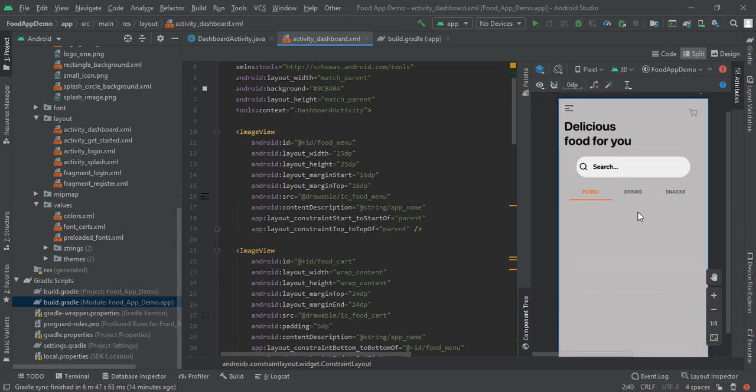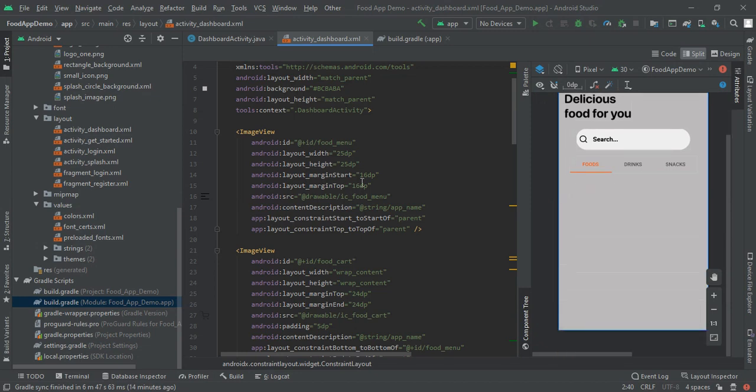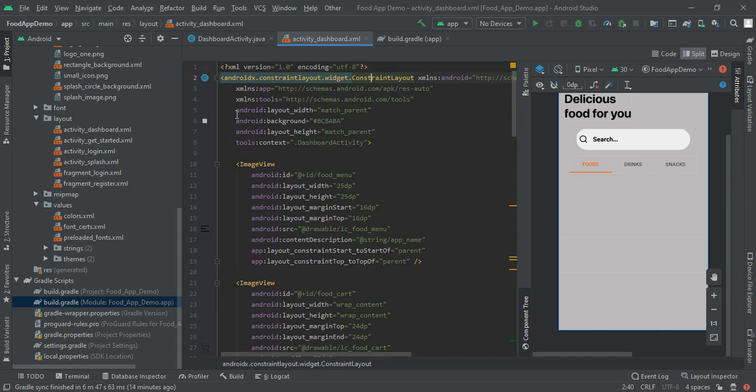Now you will see how clean our dashboard looks. First I am going to set our background color, that is BCBA, so by this we will get our gray background.